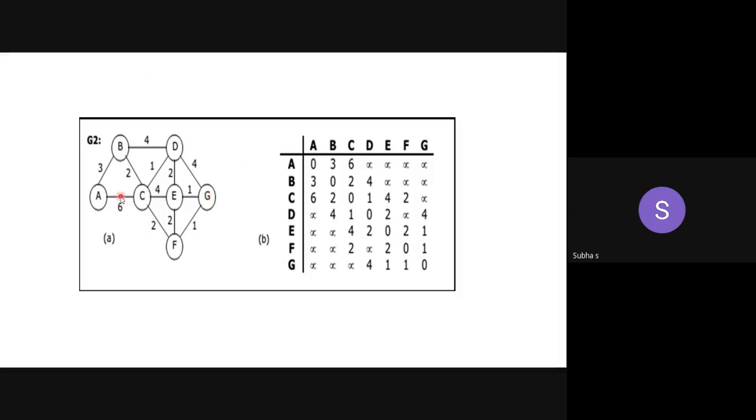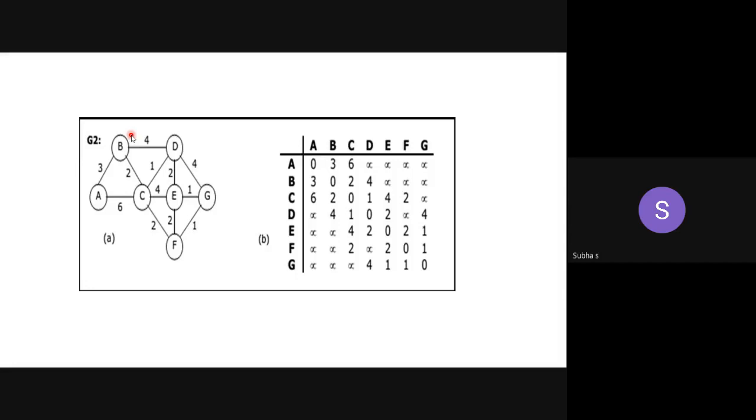Look at this example. How many vertices are there? 7 vertices. So what will be the matrix? Order 7 by 7 matrix. I'm going to construct a 7 by 7 matrix, so totally 49 values will be there. Write it in order. Don't change the order of the matrices. You can start from B, A, C, D, E, F, G also, but if you write B, A, C, D like this, you have to write here also like this. Don't change the vertices order.